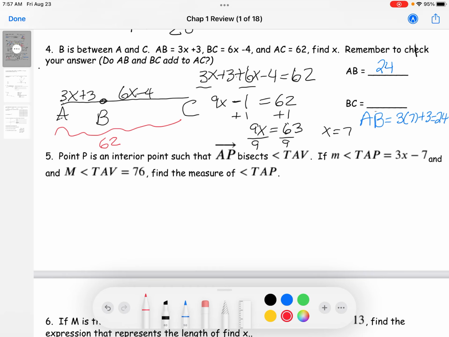Okay, and then BC, the equation for BC was 6x minus 4. So 6 times 7 minus 4 equals 38. And that's what's going to go here. Okay, and if you add them together, we get 62. Okay, so number 5